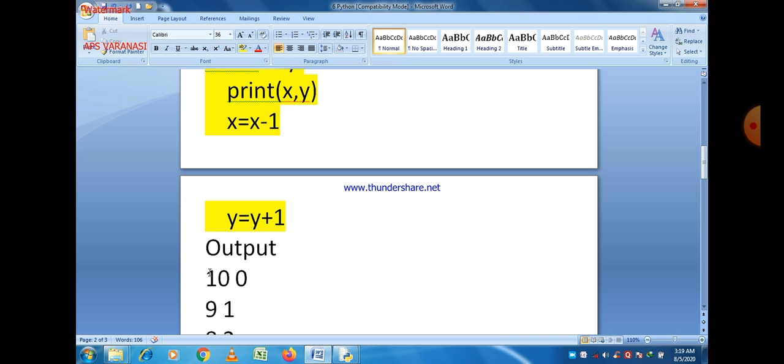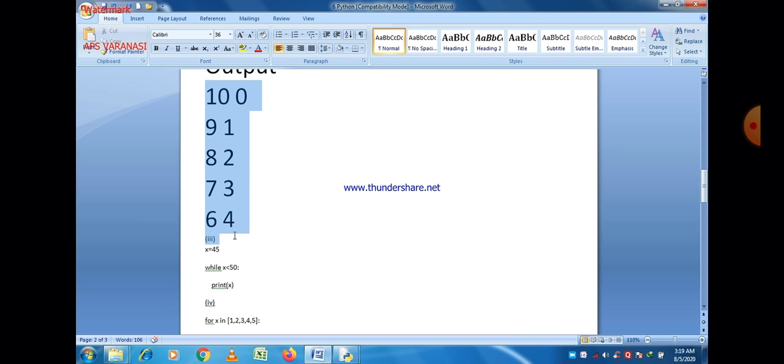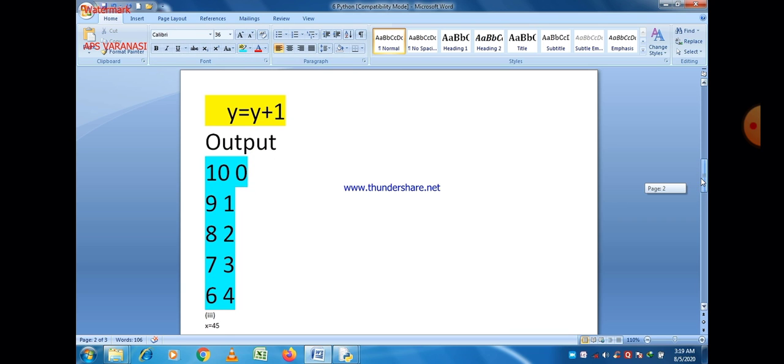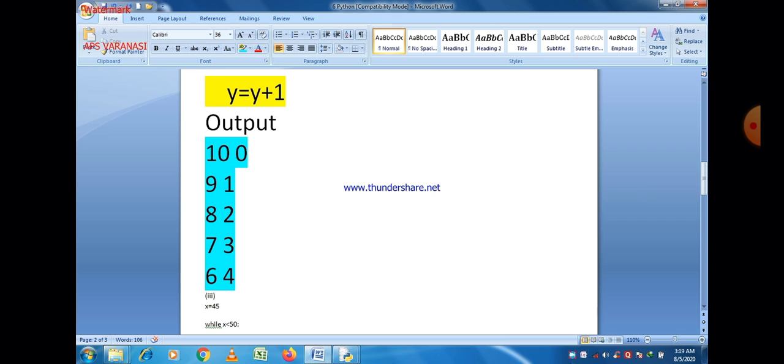So, a very interesting output-based question. You can easily see that we see here both cases: when there is a decrement in the value of x only, and in the second case, a decrement in the value of x and an increment in the value of y. So every time we check the condition x is greater than y, and when it is found to be false, the loop is over, and that is our output after the execution of that program.